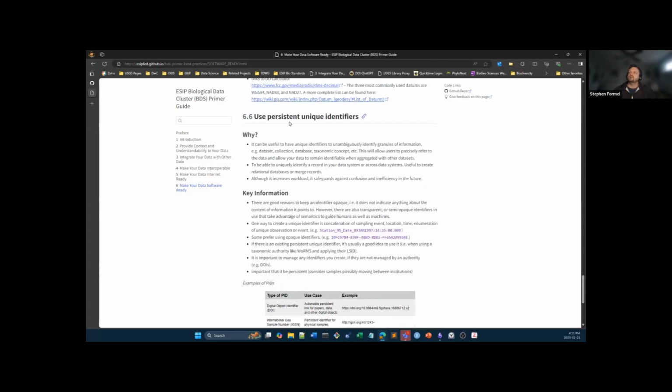And the very last one, is it the last one? Yes. The very last one is use persistent unique identifiers. These are coming more and more in vogue, of course. DOIs are pretty common these days. A lot of people know about them. ORCID identifiers are something that a lot of people know about. But applying the concept to your data is not something that a lot of biologists are used to. They're not necessarily thinking, hey, do I have an identifier for this, and how do I manage these identifiers? So again, these are what we see as big chunks of information that should be important to convey to people who are new to managing biological data, and we would like your feedback on them.